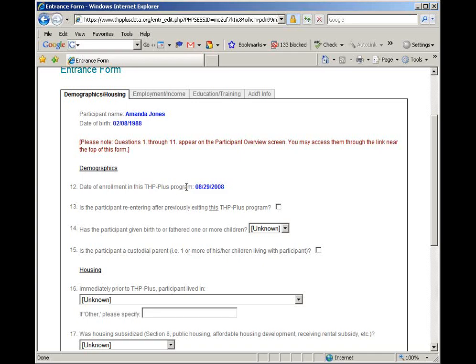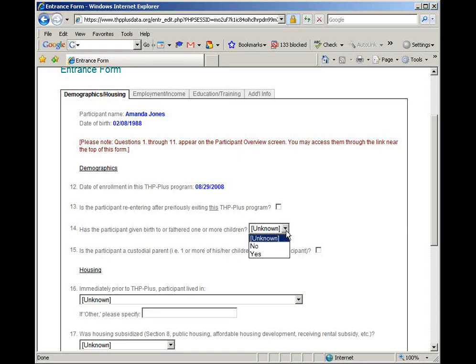So if you know that Amanda was actually in a different THP Plus program in another county, you're still going to leave this blank, which means no. If Amanda was already in this program, you're going to click that for yes. Every time that a participant enters your program, even if they have entered and exited your program in the past, you're going to treat them as a new client and complete an entirely new entrance form for them.